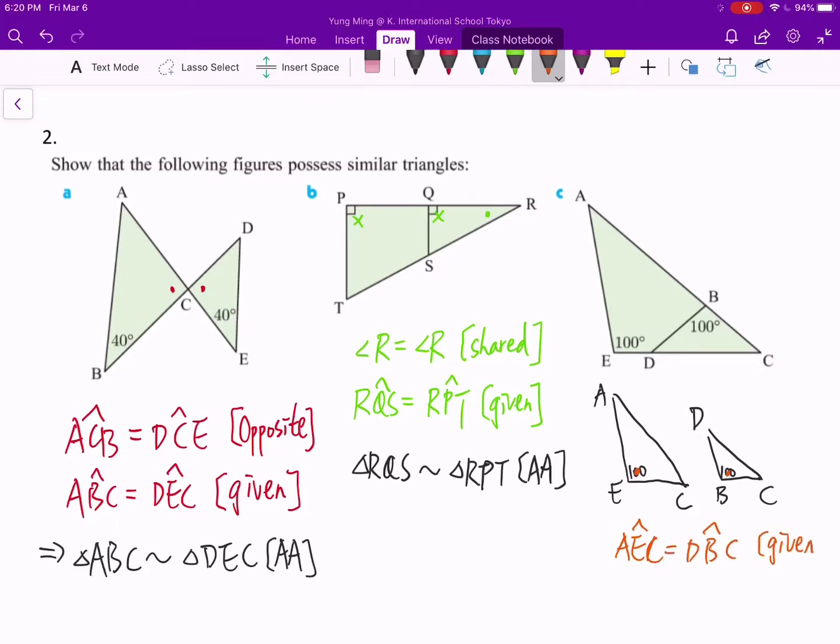Okay, notice this is still a better way to say AEC instead of just saying angle E, and DBC instead of saying angle B, especially for this angle B over here, that if you just say angle B, we don't know which one you're talking about over here, so it's always better to be specific. Now again, the next thing will be the shared angles, angle C and angle C, being exactly the same. So shared, therefore we're done, we can make our statement over here. Triangle AEC is similar to triangle DBC,